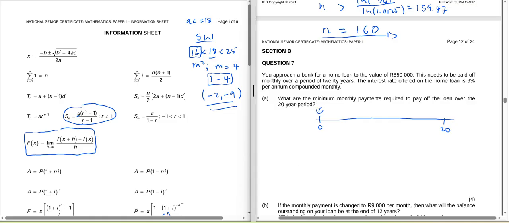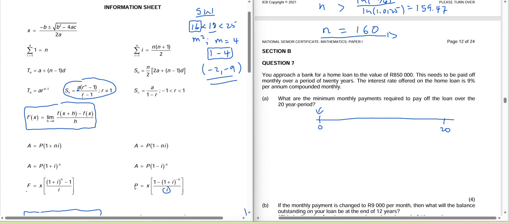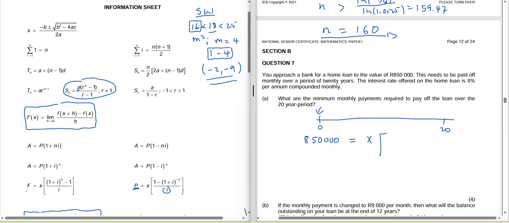So this is a present value moment. The amount that you are given currently is 850,000. So you just have to say 850,000 is equal to X, where X is the amount that you need to pay per month. So it's just X, and then we have 1 minus